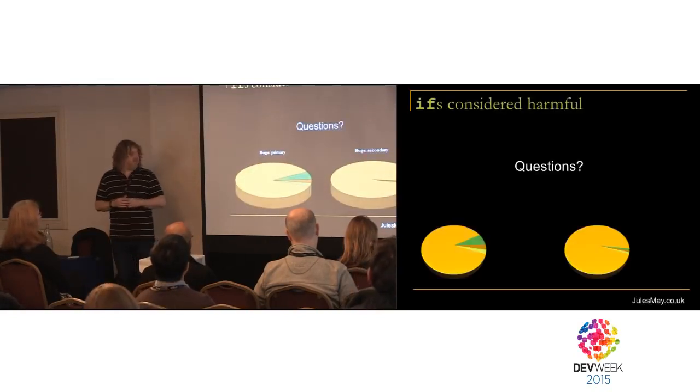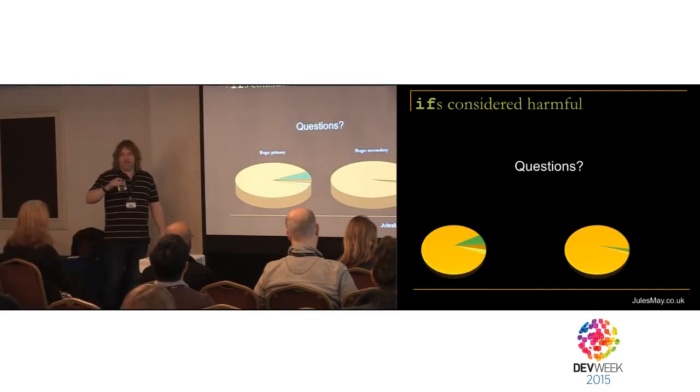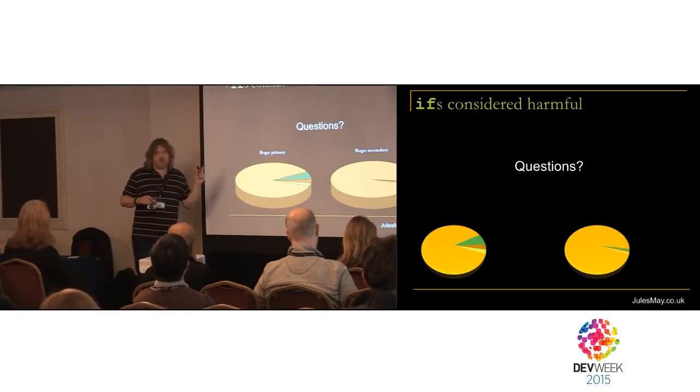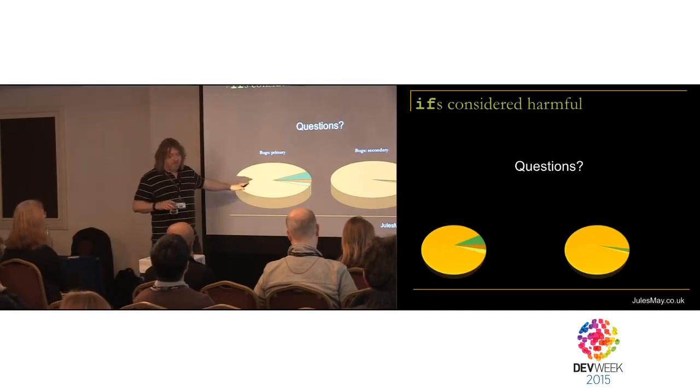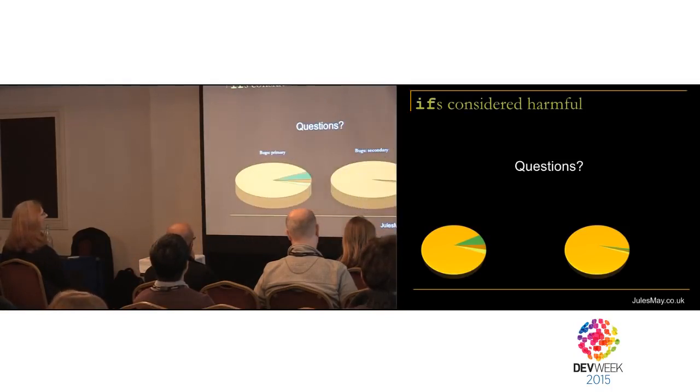And to finish, if you're in any doubt as to the value of this stuff, I know that I've been throwing a lot at you, but if you're in any doubt as to the value of this stuff, this picture should explain to you the reason why. 90% of the primary bugs come from the one anti-pattern. Virtually 100% of the secondary bugs come from this anti-pattern, and this here is a picture of your code rot. Any questions?